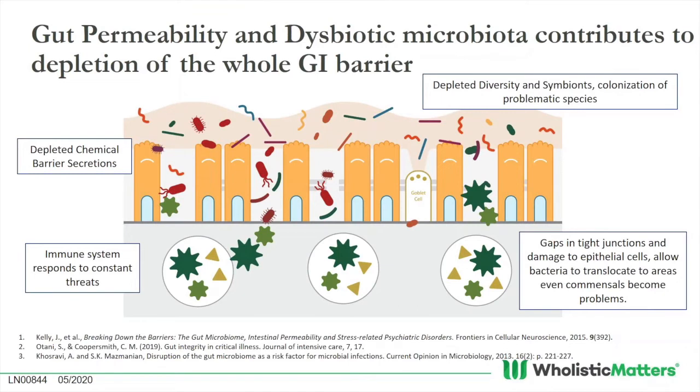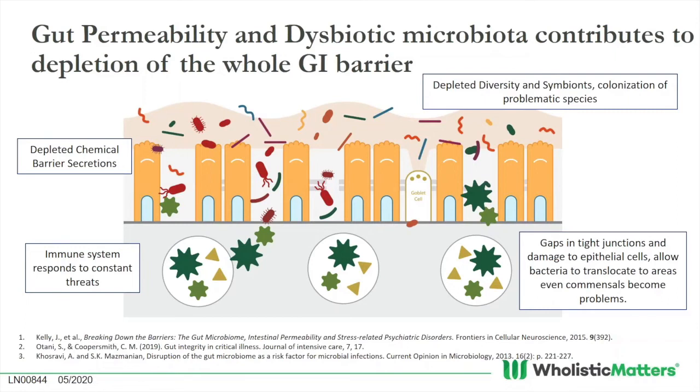So why is this gut permeability potentially such a big problem, and what sorts of things exacerbate it and lead to it? So in the connection to the GI microbiome and permeability, what you see is that this dysbiosis and depleted diversity is directly connected to that